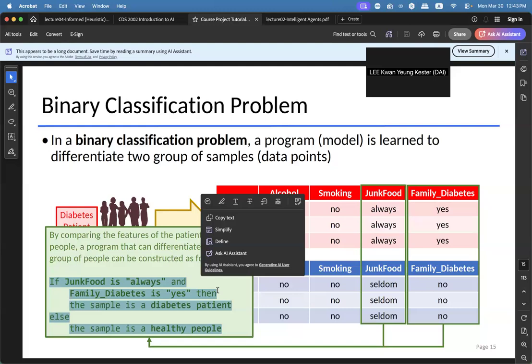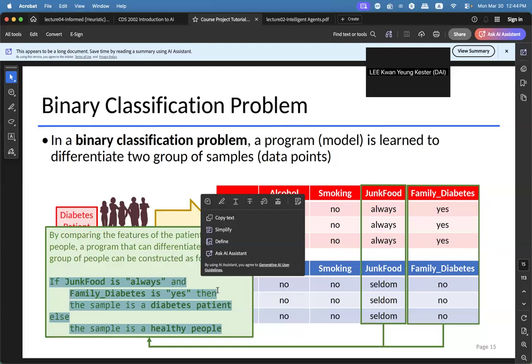Okay, so any questions? Conceptually, it's actually that simple. What is difficult is how our AI, how our program, is able to analyze the features and construct this program.